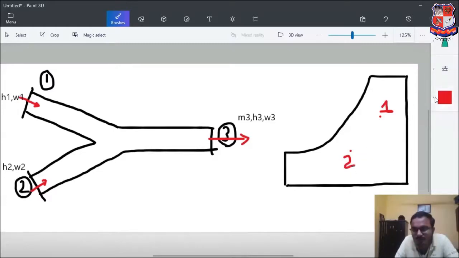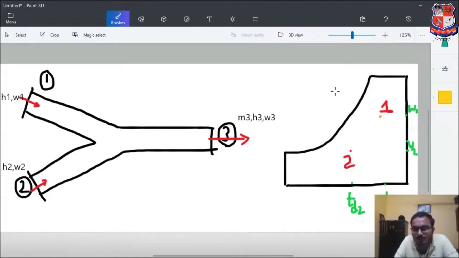So here we are having various conditions. Let us say this is TD2, then we are having TD1. Similarly here we will be having W1, and this will be W2, and the enthalpies